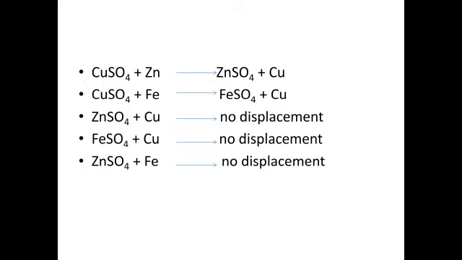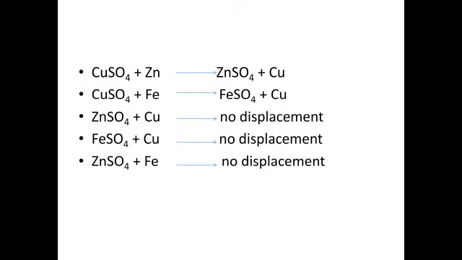Now moving on to our second beaker. Here also we have blue colored copper sulfate solution. Here we are dipping an iron nail, which is the reaction that we first saw. So we are dipping the iron nail into the copper sulfate solution. Then it forms a green colored solution, which is nothing but ferrous sulfate, as in the first example. And also copper will be displaced from the solution.